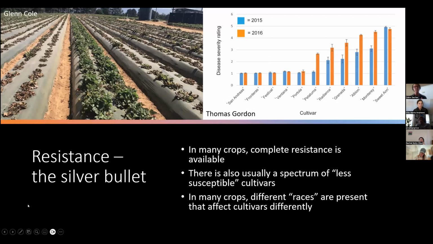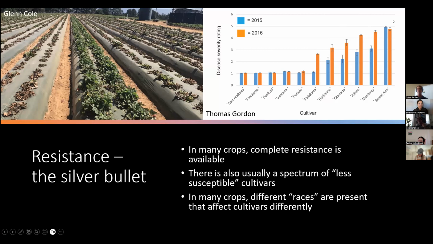As Ellie mentioned, we have resistance. In strawberry in particular, it's really good, but you can find this across many different crops, and it can be a silver bullet. For example, in strawberry, you can see on the top left, if you plant a resistant cultivar, it looks great, even in the same soil that's absolutely melting other types. And so many of these crops will have complete resistance. In cases where there's not complete resistance, there's usually a spectrum of susceptibility